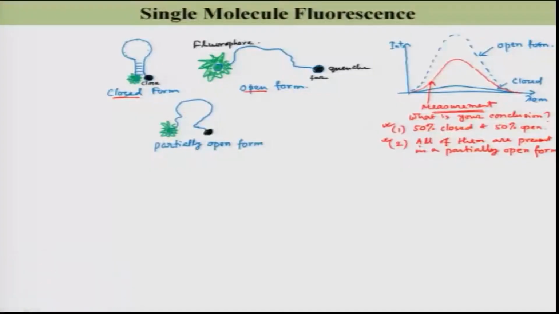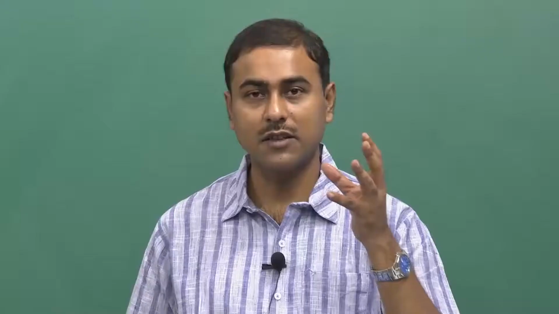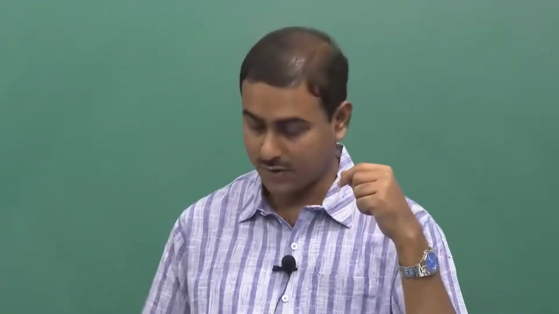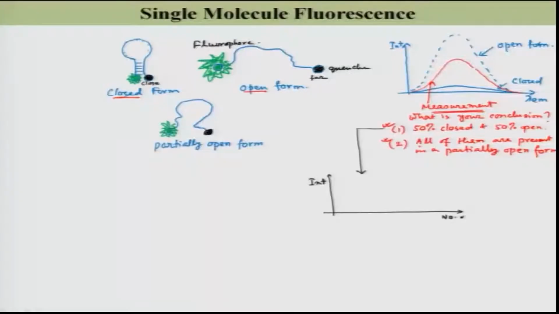If it is case number 1, then the fluorescence intensity versus the number of molecule. So, here is intensity, and here is which molecule you are measuring. So, you are measuring molecule number 1, then the second molecule, then the third molecule, then the fourth molecule, and fifth, and so on and so forth. So, number of molecule,